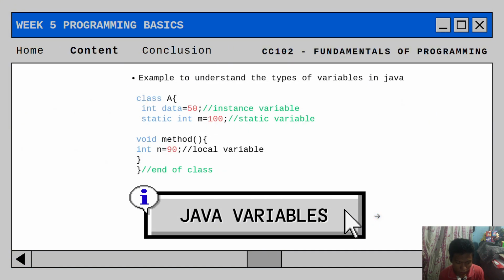Next slide. So here is the example code of local, instance, and static variables.